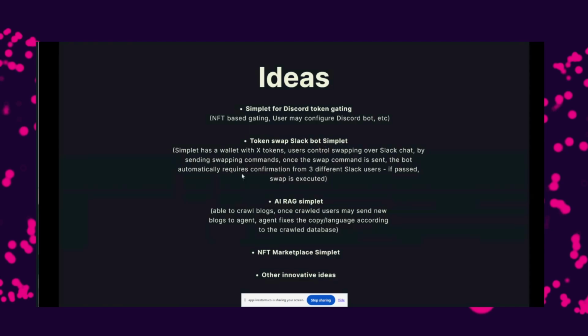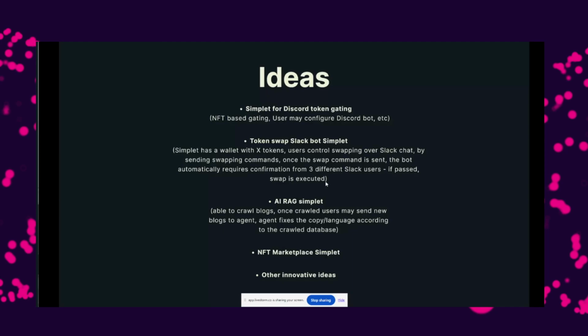This one is a little bit out of the box, but I think you will get the idea. Imagine you have a wallet inside this Docker image, and you build it in a way so it's configurable or able to integrate with Slack.